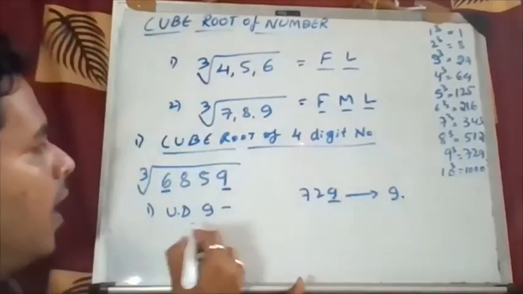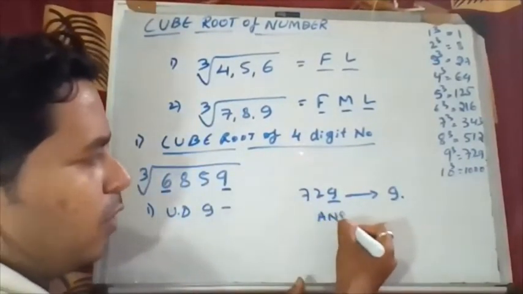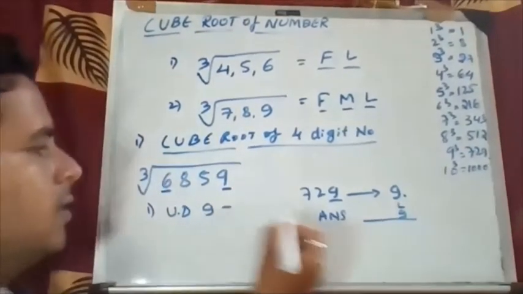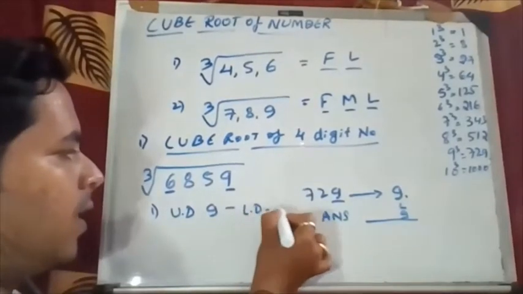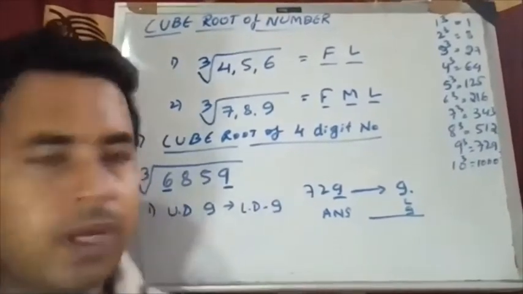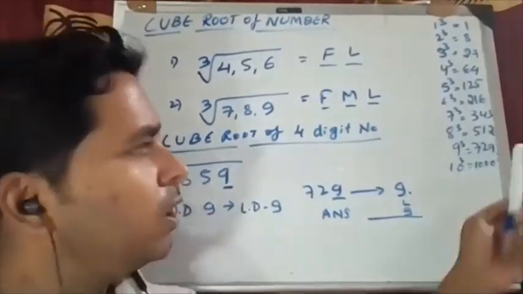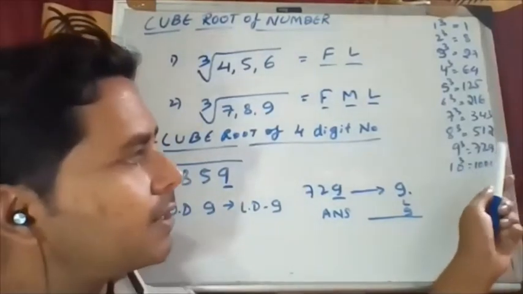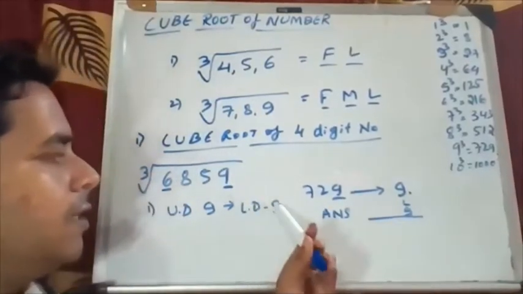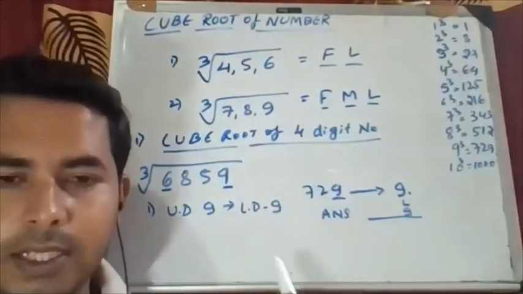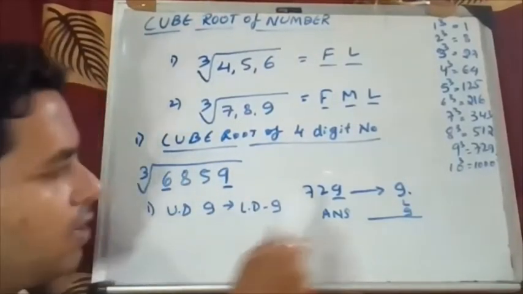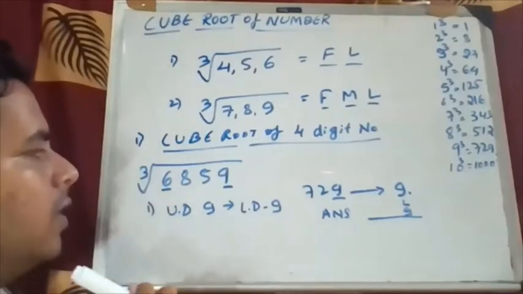So whatever answer you will get, cube root answer, इसका last digit क्या होगा? 9 होगा. So your last digit will come as a 9, because if you see a unit digit 9, any cube value, so 729 is a cube value, so 9 is a unit digit and its corresponding original value will be 9. सो आपका भी लास्ट डिजिट का वैल्यू क्या आएगा? क्यूब रूट के बाद लास्ट का वैल्यू 9 आएगा. Now this is the first step. Now we came to know what is the last digit and now we have to find out the first digit.